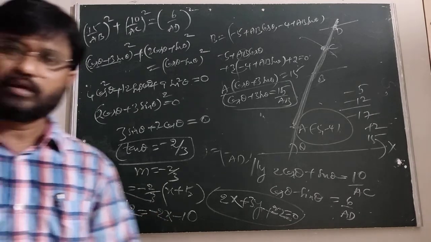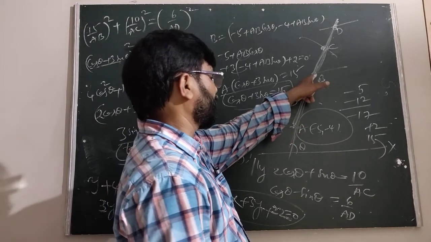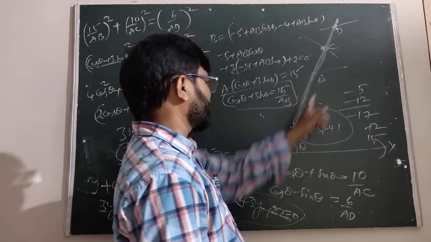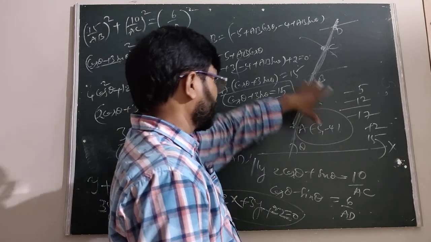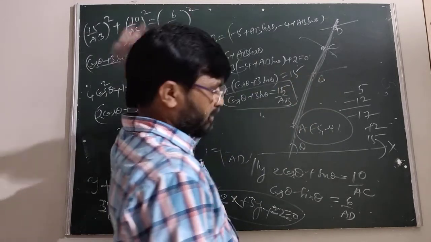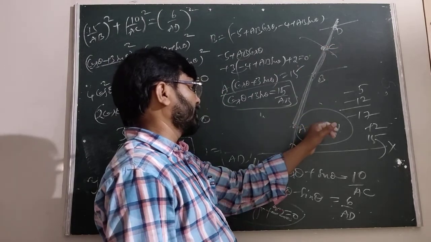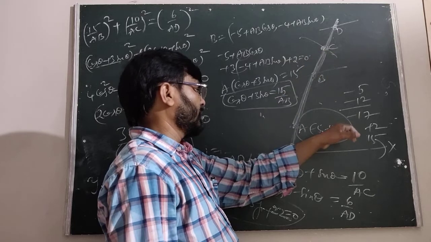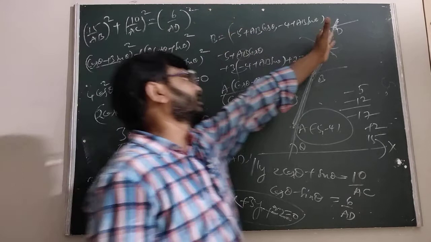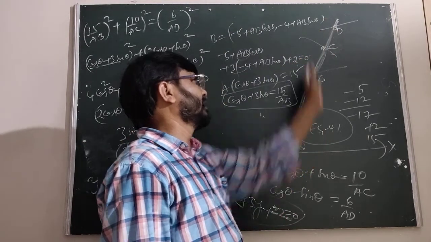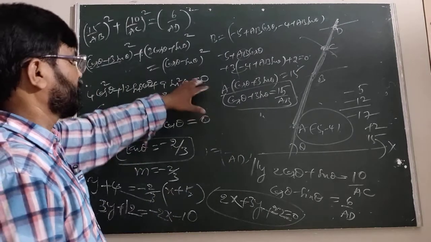How to find this one? All of you once again listen. This is the point here. We have to apply the parametric form: x1 plus r, that is AB cos theta, y1 plus AB sin theta. Then the B point is substituted in the first line. Then how to find the C? C is x1 minus 5 AC cos theta, comma, minus 4 AC sin theta, that is substituted in the second line. How to find the D? x1 plus AD cos theta, y1 plus AD sin theta. This is substituted in the third line.